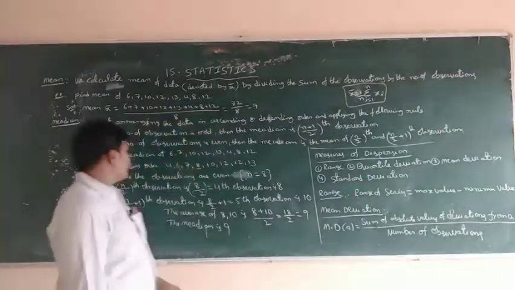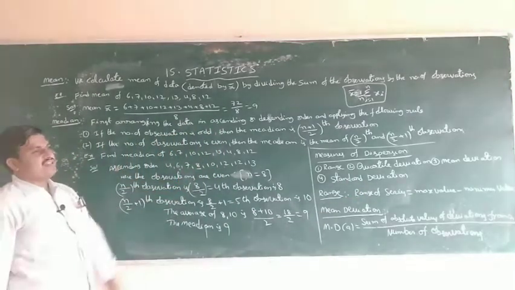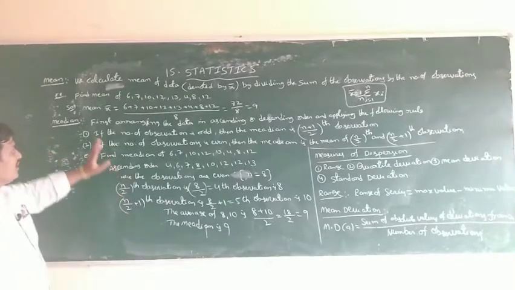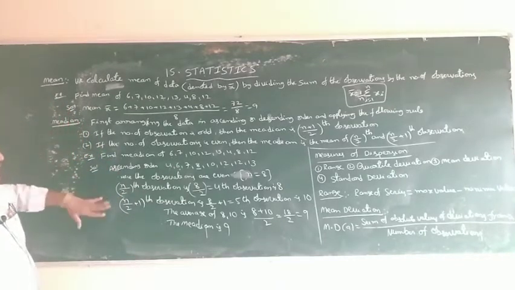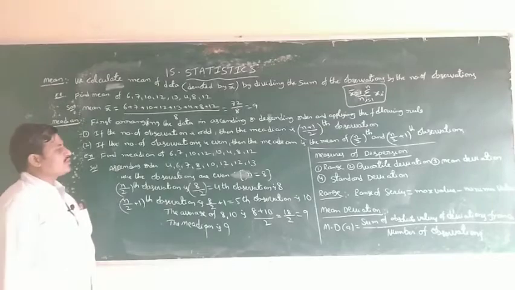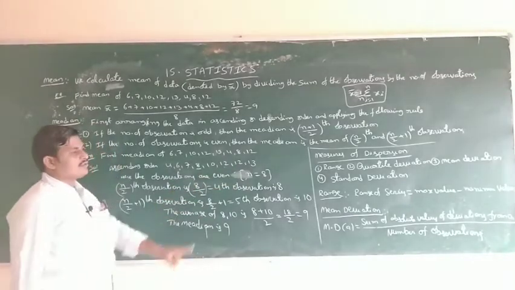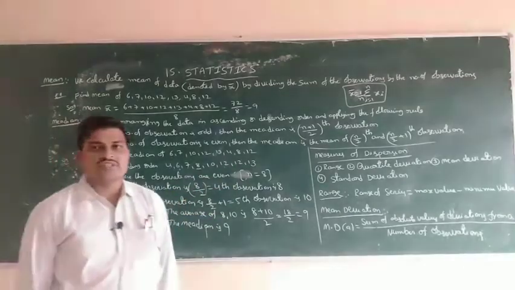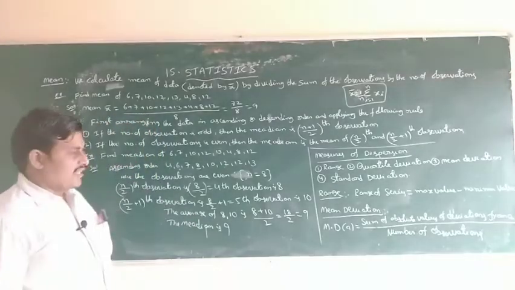So what is the range of the given problem? It is the same problem. The mean, median and range all use the same data. 13 minus 4 is equal to 9. This is the procedure to find the range.